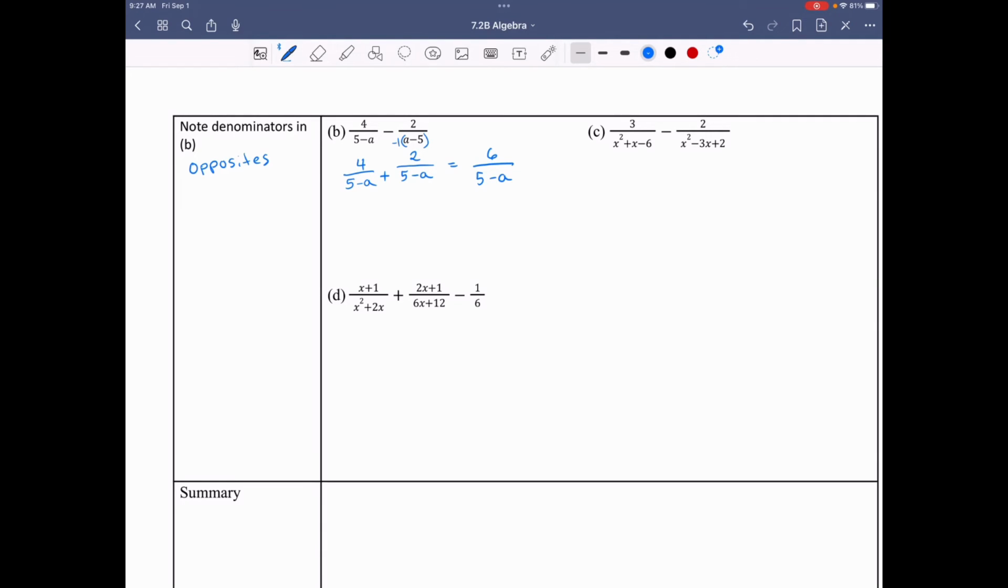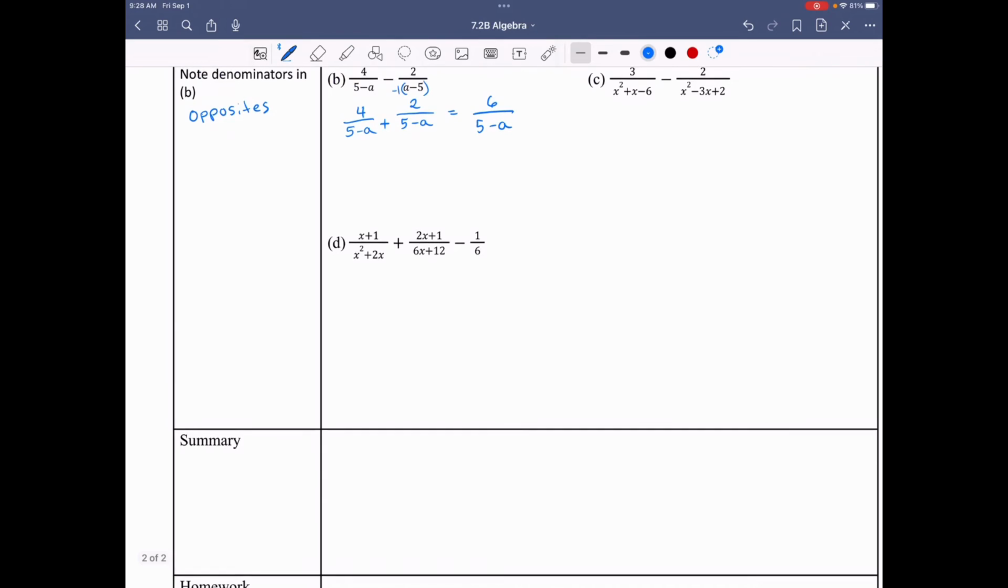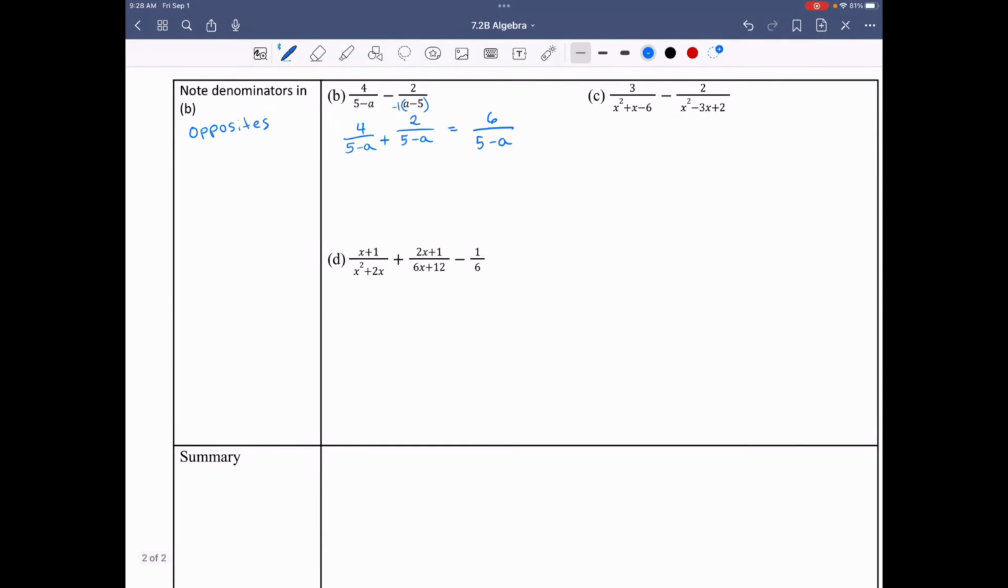For example C, we're going to need to use some factoring, and same thing for example D. I would like us to try those in our groups. Let's do C in our groups, and then I'll finish the video for D. All right, let's factor these